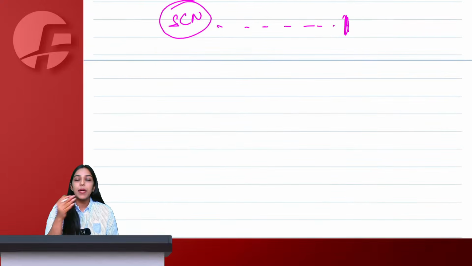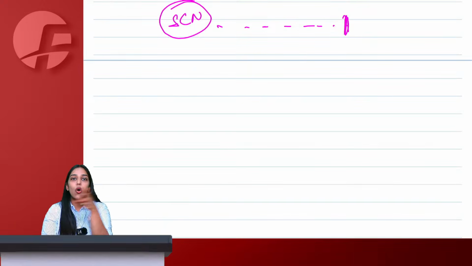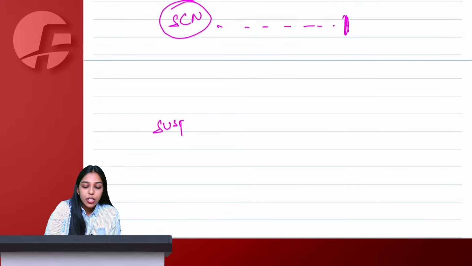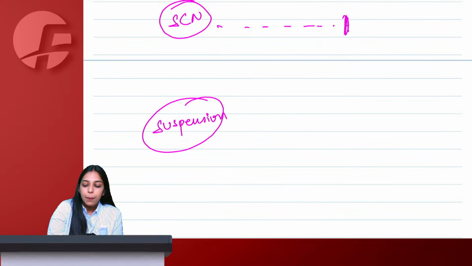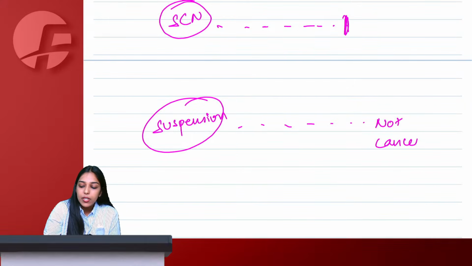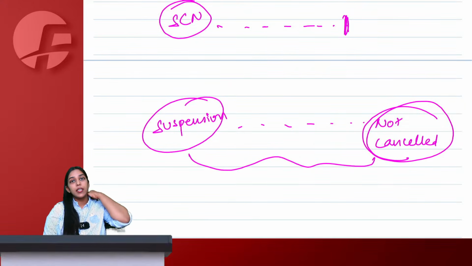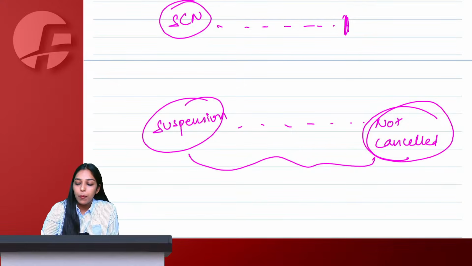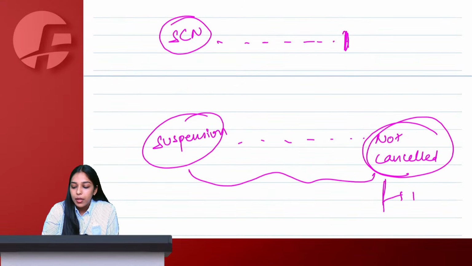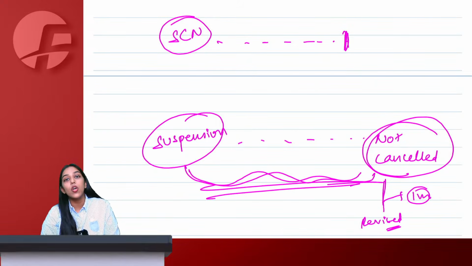Right, ma'am. After suspension, if I am not cancelled, I will file all the pending returns for this period. So let us say suspension was applied today. Proceedings were going on, and finally it was decided that I am not cancelled. If finally it was decided that I am not cancelled, then for all these periods, because I was suspended, I did not file any return, I did not issue tax invoices. Now what to do? No problem. From here, within 1 month, you will issue all the revised tax invoices and you will file a return for this entire period if you are not cancelled.